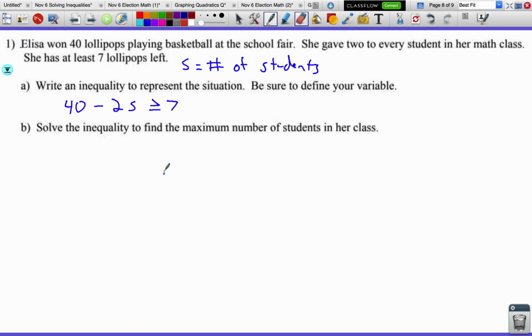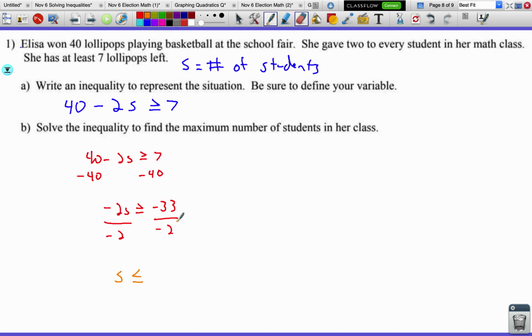Now solve the inequality to find the max number of students in her class. 40 minus 2s is greater than or equal to 7. Let's move our constant to the other side by subtracting 40 from both sides. Negative 2s is greater than or equal to negative 33. Divide both sides by negative 2. And we get that s is less than or equal